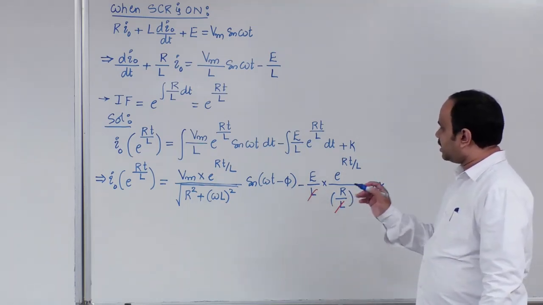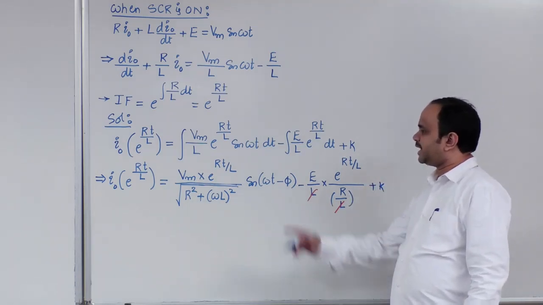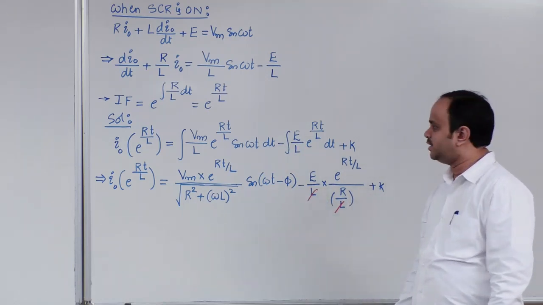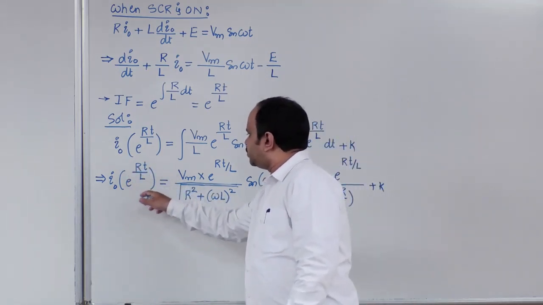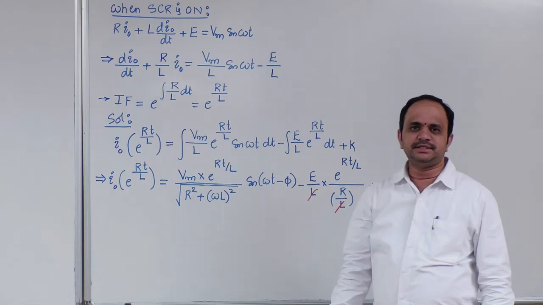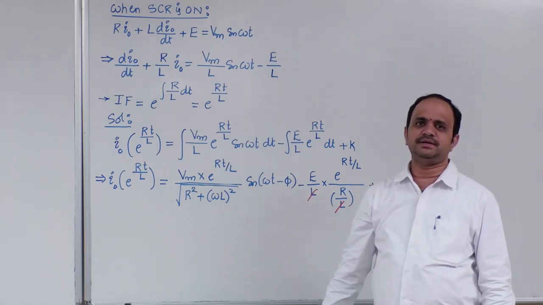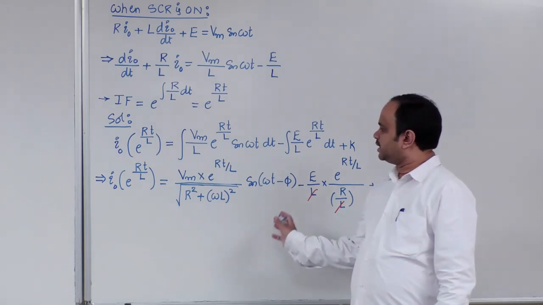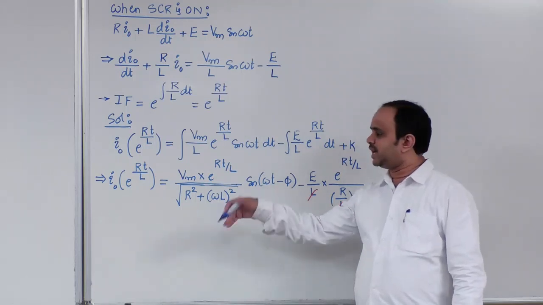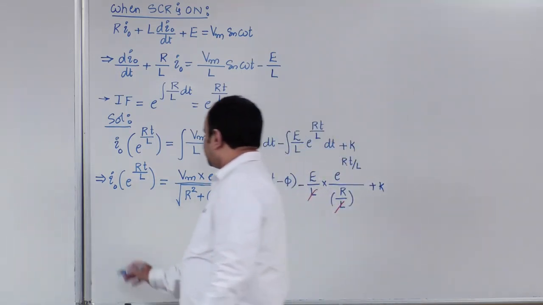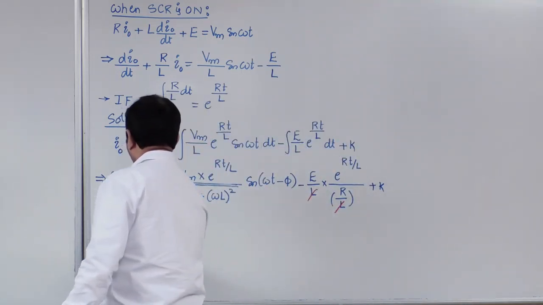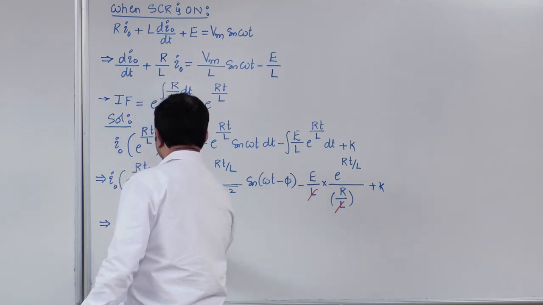Now we are interested in the expression for current I naught. Therefore, we don't want this term to be multiplied at the left hand side. So what can I do? Divide both sides with that particular term. Therefore, we will get I naught is equal to